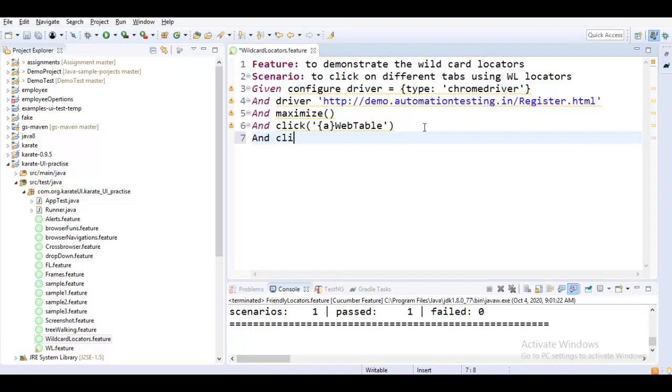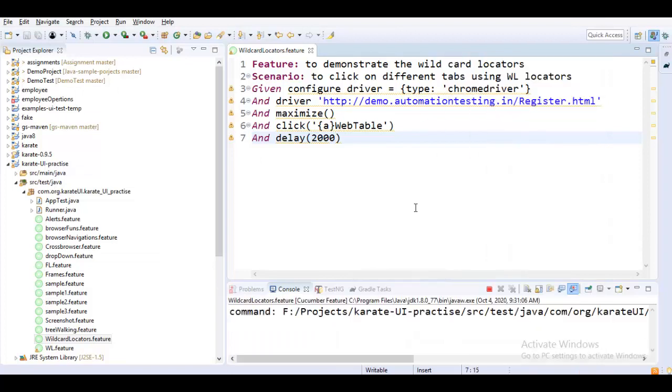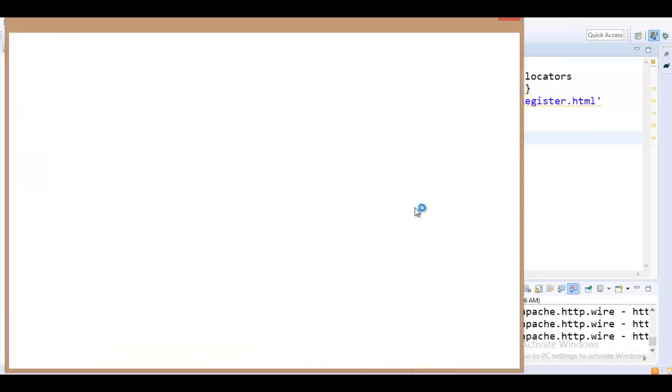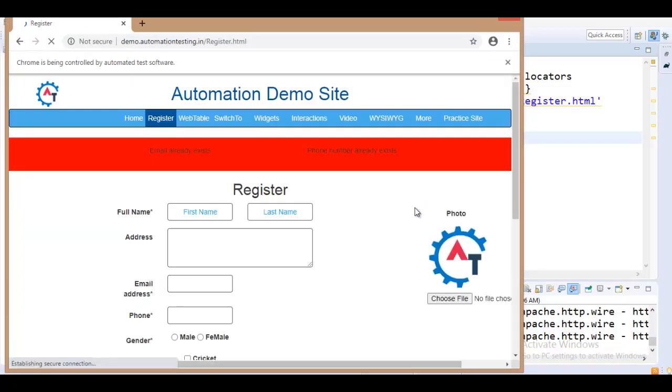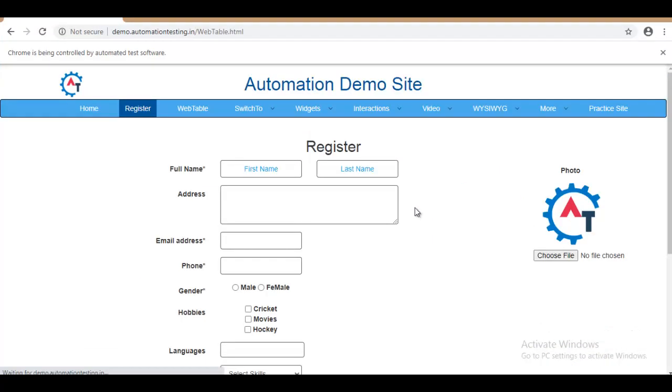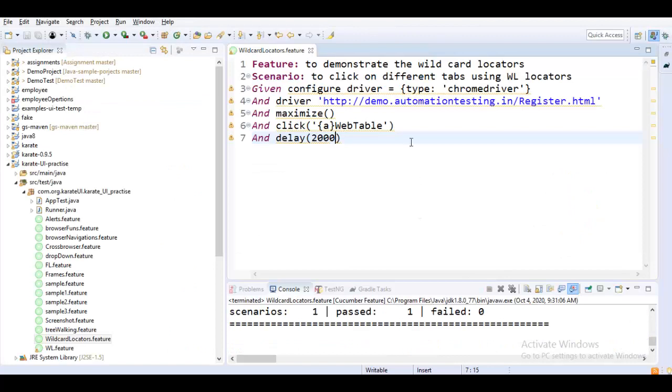And let me add a delay of at least 2 seconds, so that we can understand that this particular thing got clicked, otherwise the browser would get closed real quick. So it launched the browser, routing to the application, and you can also see that it got clicked on web table.